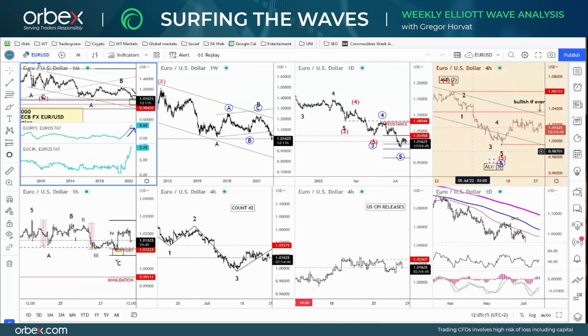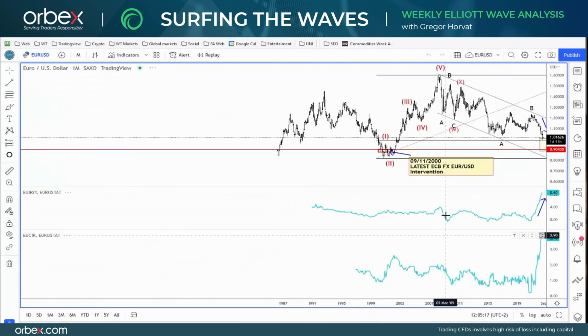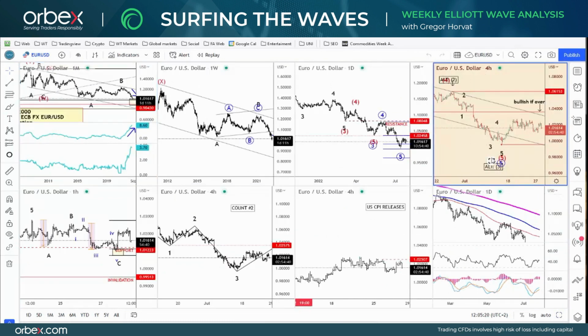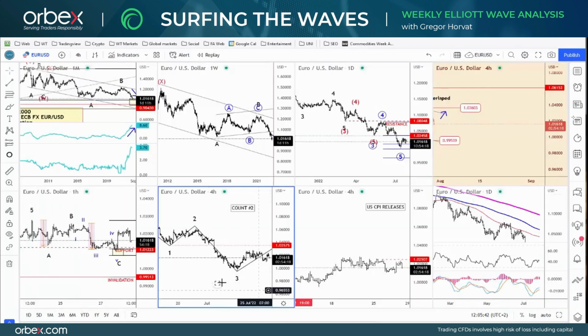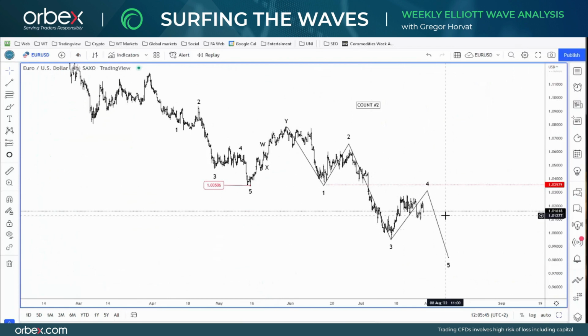On the opposite side of that, obviously we have the euro dollar. That's the long-term picture. We have the euro dollar here still trying to make a very nice reversal from this parity. That was the first impulse, and now we are just slowing down for a correction. At some point, I think that we could retest the upper side of this channel. If we see an overlap with 103.60, then even the bearish count, which is still my alternate count, could be invalidated. This alternate count is still very valid, but if 103.60 is crossed, then this would be even more bullish for the euro, or bearish for the dollar in general.